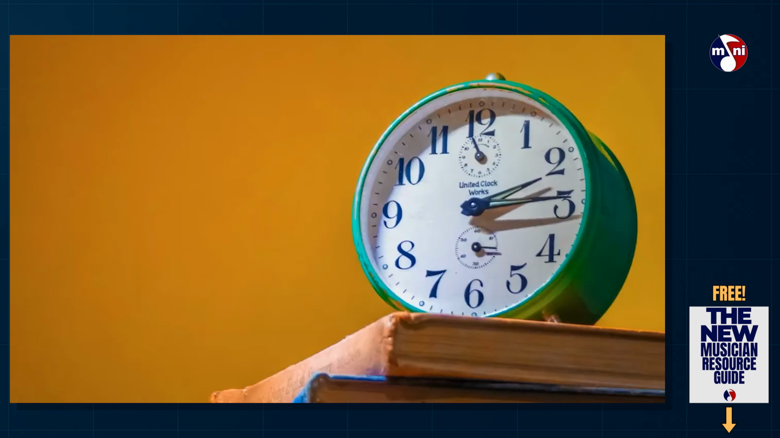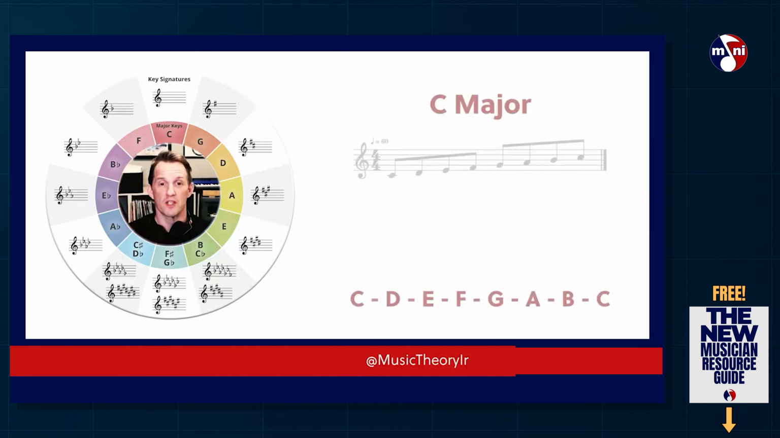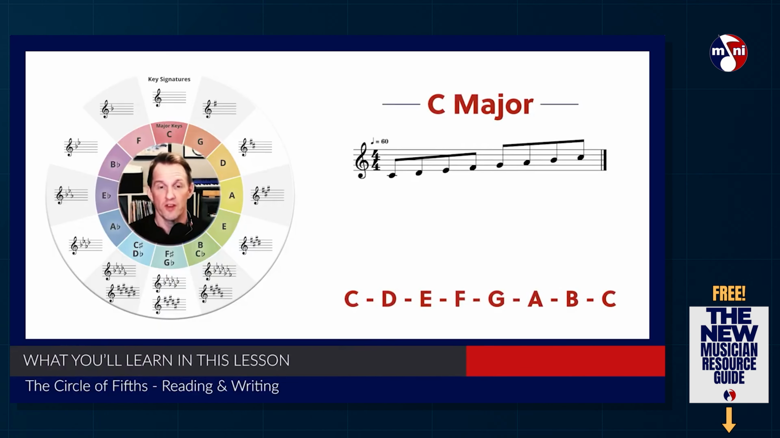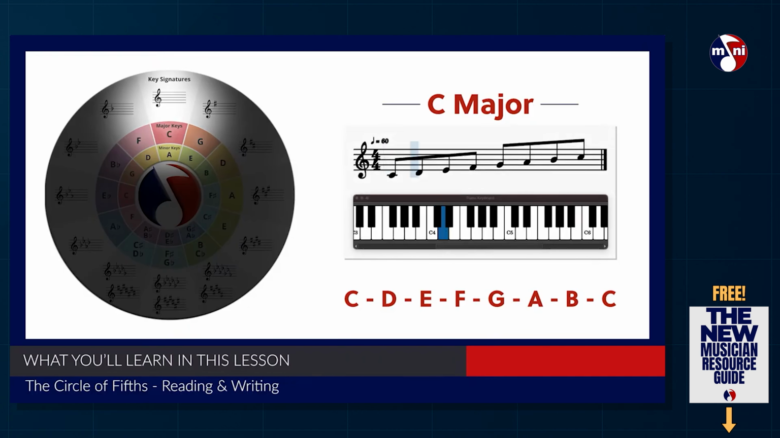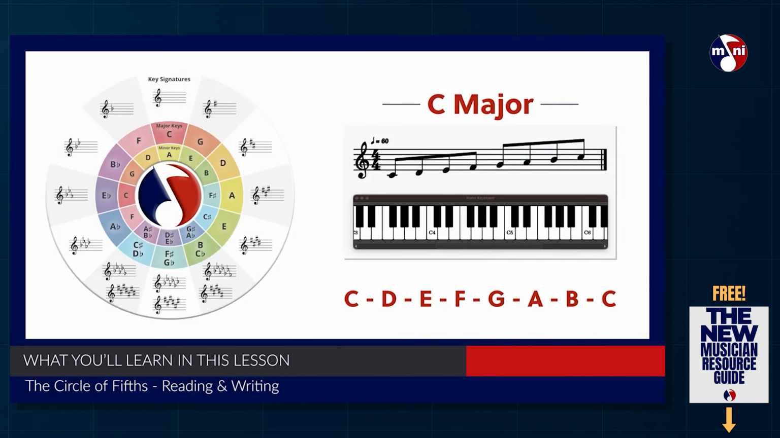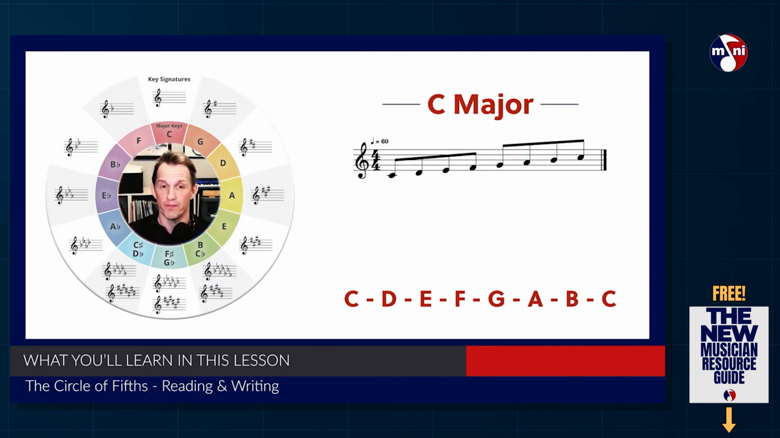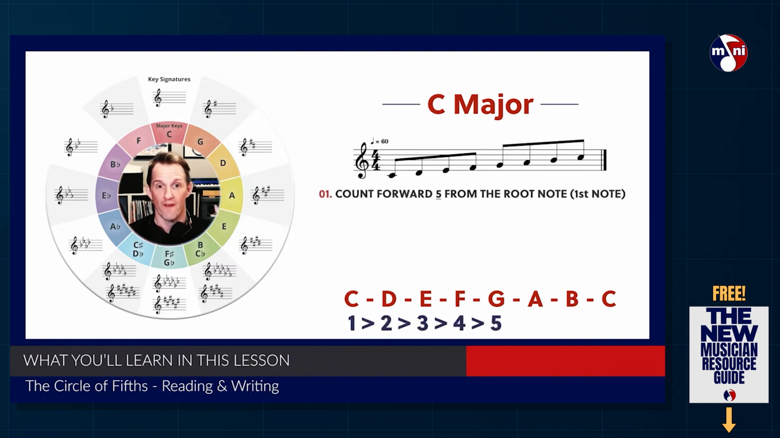We'll begin with the C major scale, which sits at 12 o'clock on the musical Clockface. Now, this is always the best key to start with, as it features no sharps or flats. Step number 1. Start with the C major scale, count forwards 5 in the musical alphabet: C, D, E, F,